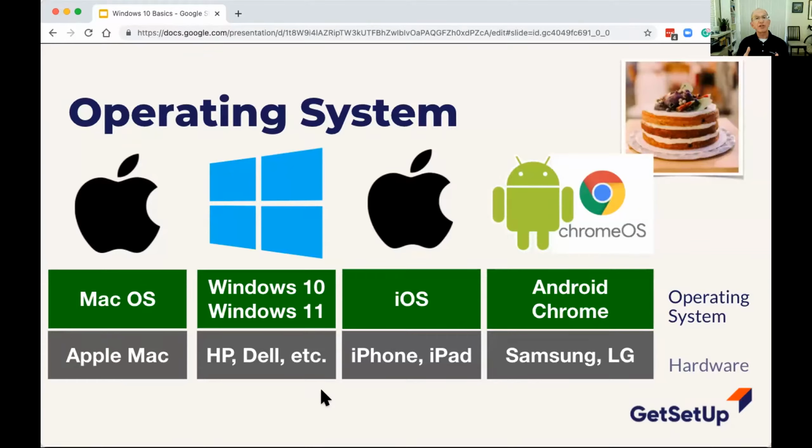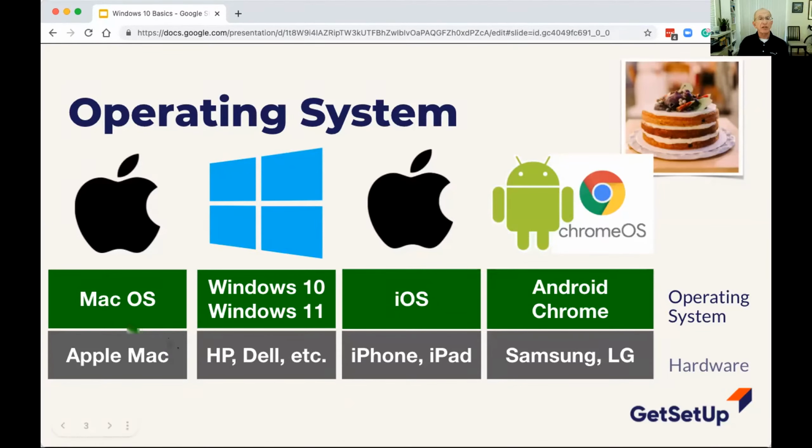And if you think of the operating system as the cook that helps put together all the components on a computer, the monitor, the disk drive, the keyboard, the mouse, it makes all these things work together. So the operating system brings this piece of hardware to life. And it also provides a layer for people who build applications to build applications that will run on the operating system. And there's more than one company that makes operating systems.